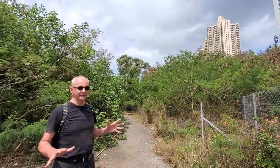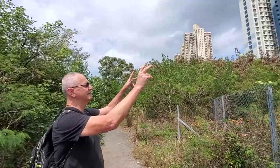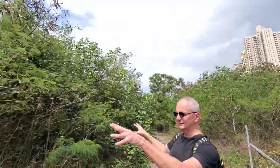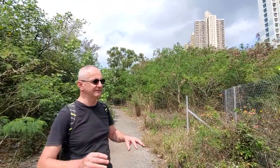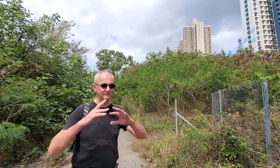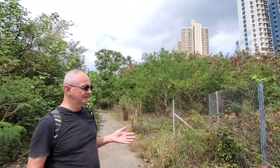So this is an area of disturbed ground, if you like. You can see that over here we've got the Yat Tung Estate. Over here is the Tung Chung River, and in between the land has been churned up, and some of it was former farmland, but it would have been driven over by construction vehicles, and it's all just a mess. And now it's just been forgotten, and forgotten by everybody except